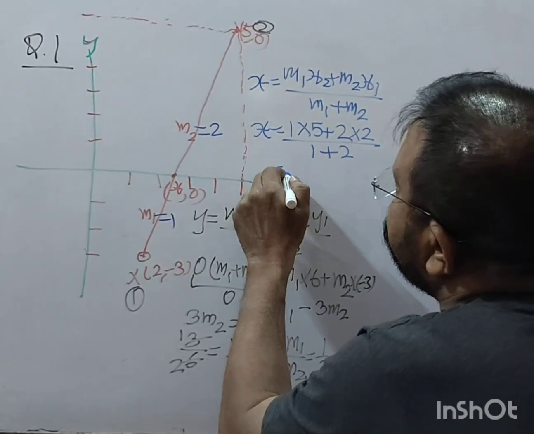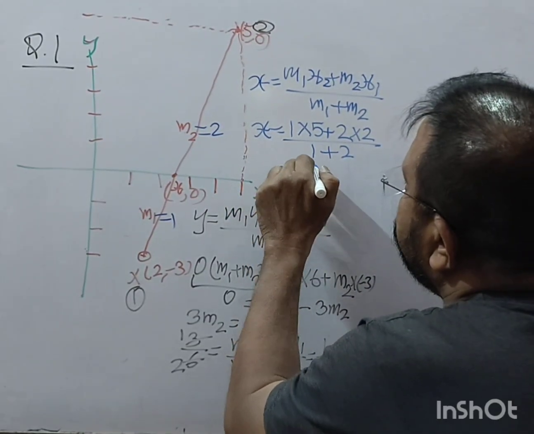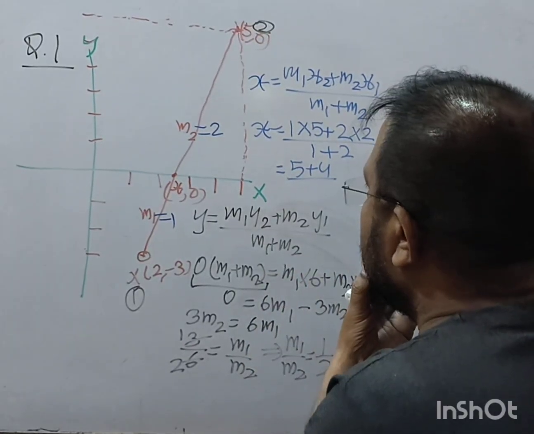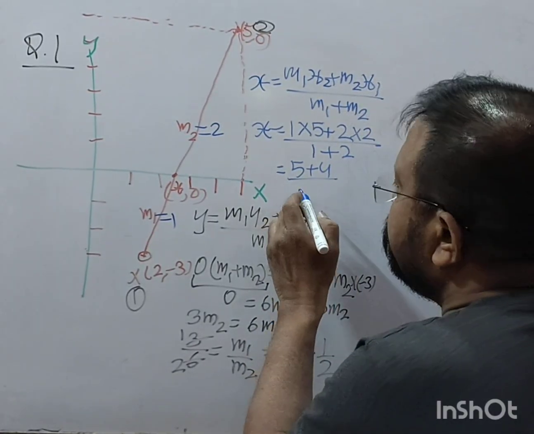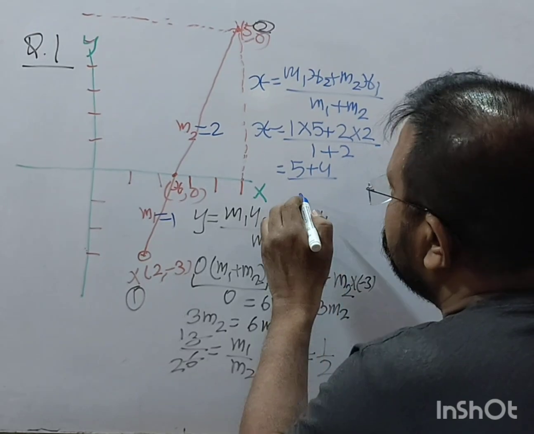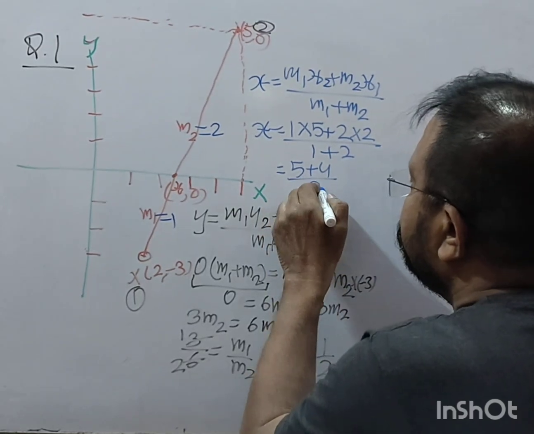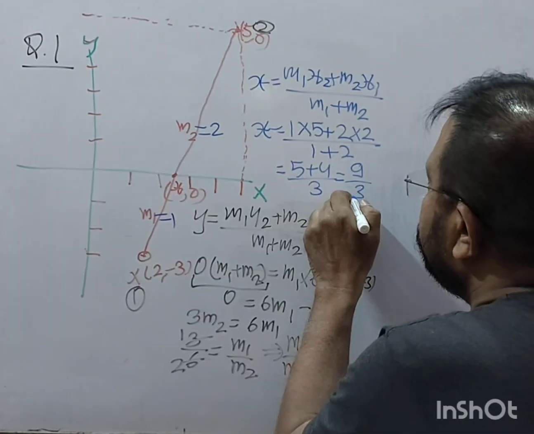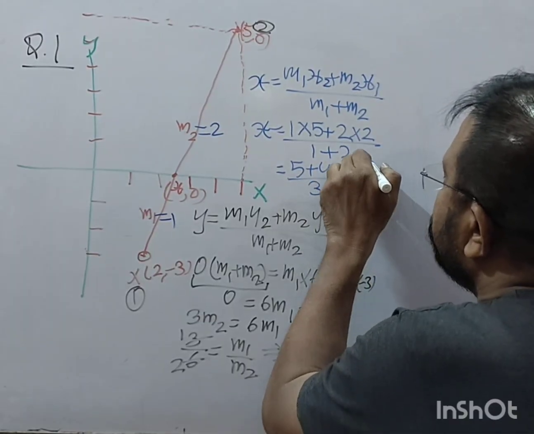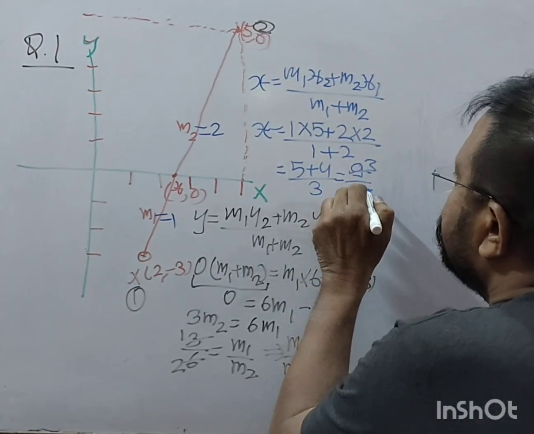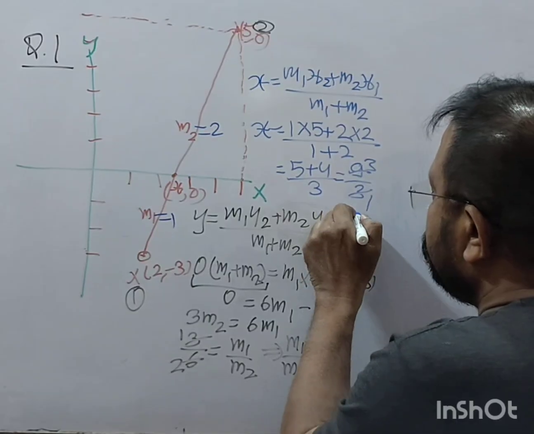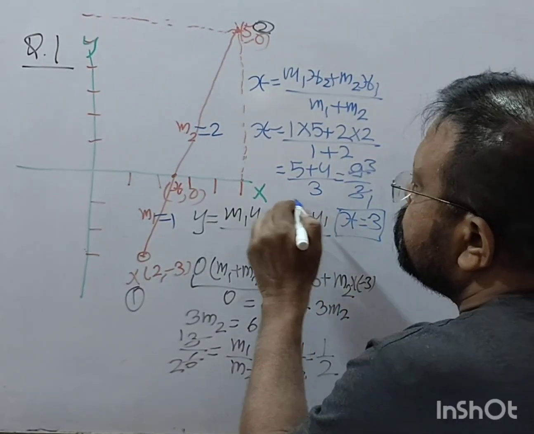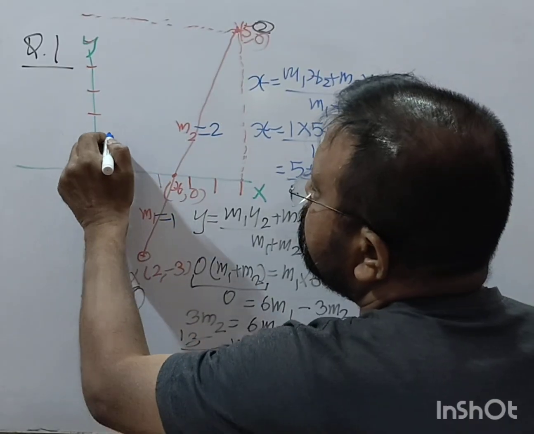So this is what you get, 5 plus 4 upon 3. So it becomes 9 by 3. 3 times 3 becomes 9. So x is equal to 3. So coordinates of point